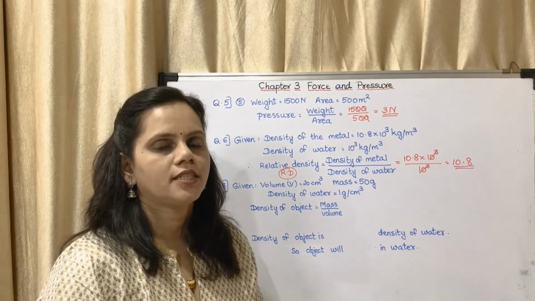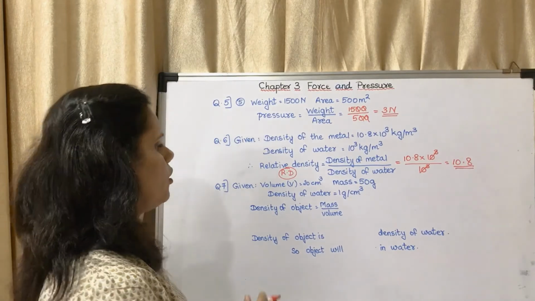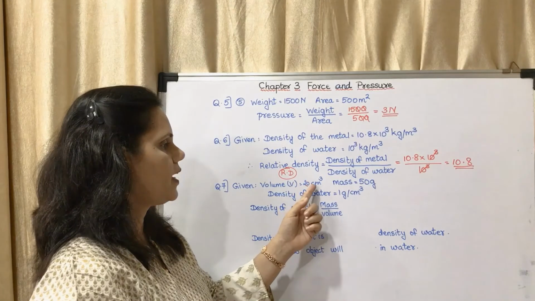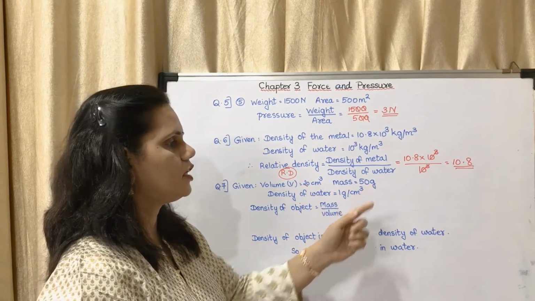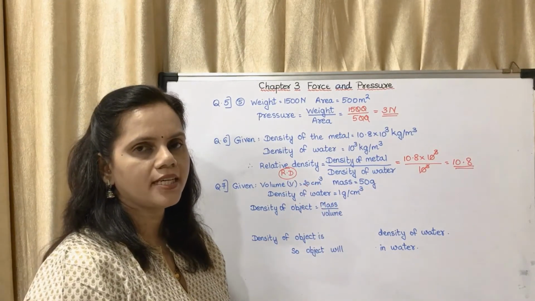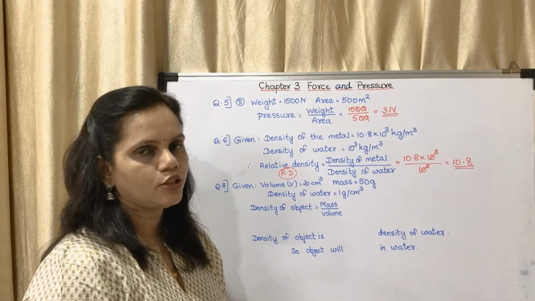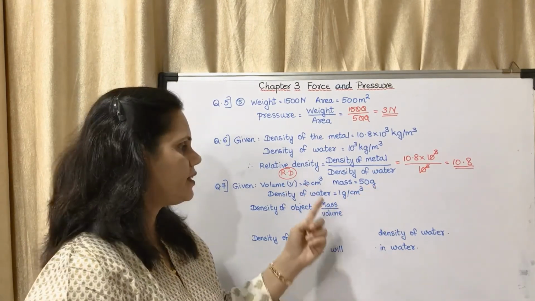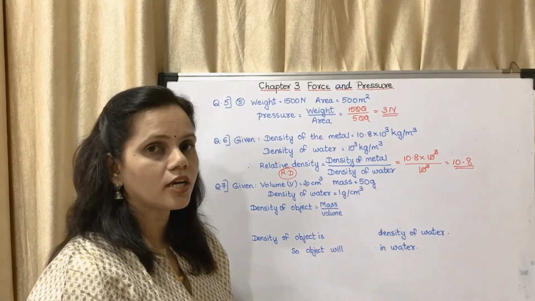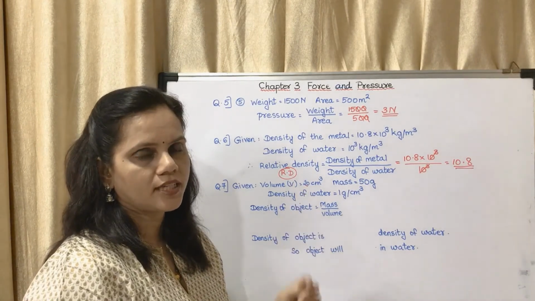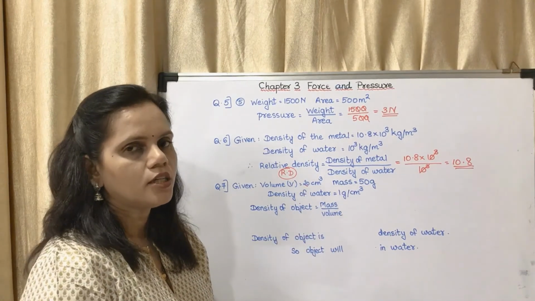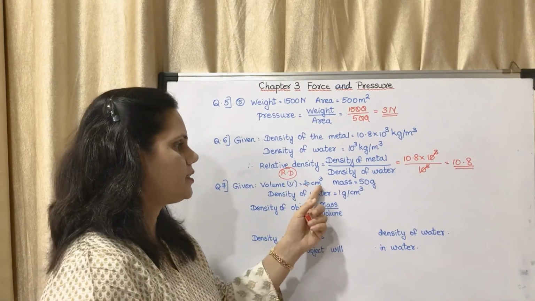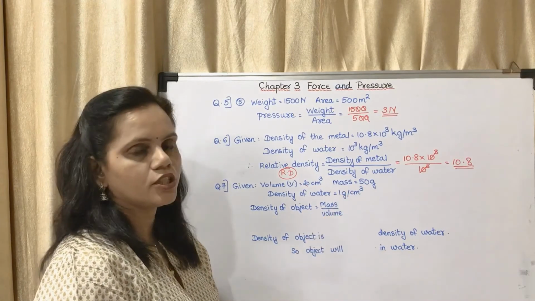Okay. The question is about density. We will see volume is given as 20 centimeter cube. Now this value is in centimeter and this value is in gram, so you don't have to change it into kilogram or change it into meter. If this was in centimeter and this was in kilogram, then you might have had to change the values. Here we don't have to change the values because it is in CGS system. This is in centimeter, this is in gram and this is also in gram.